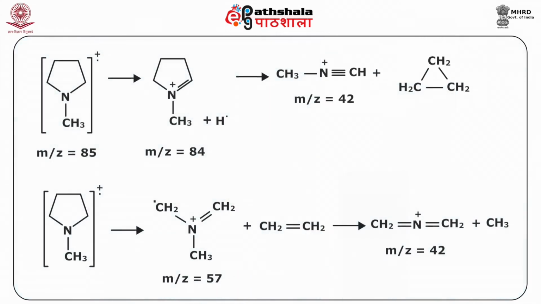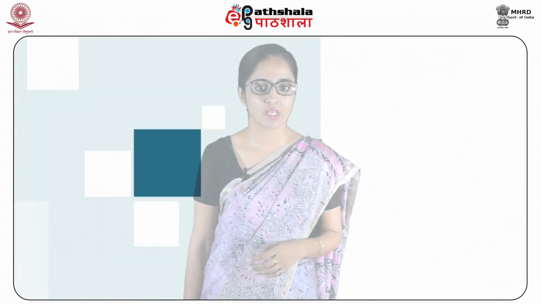Let us now discuss cyclic aliphatic amines. These usually produce intense molecular ion peaks, as opposed to the normal aliphatic amines. And the main modes of fragmentation are drawn here, and you can see them in the figure. Let us move our discussion of amines from normal aliphatic amines to cyclic aliphatic amines and now to the aromatic amines. Aromatic amines show intense molecular ion peaks, again opposite to the normal aliphatic amines.